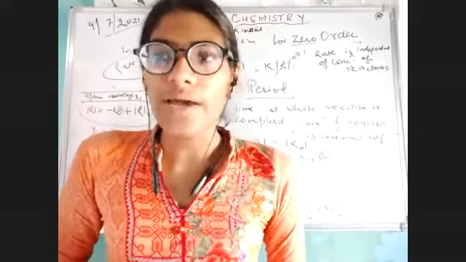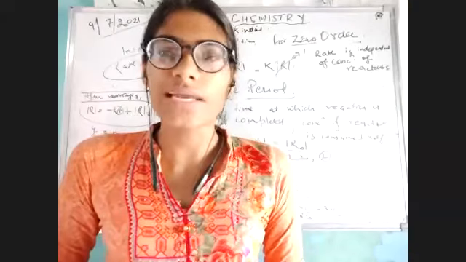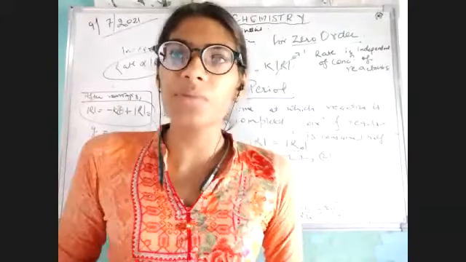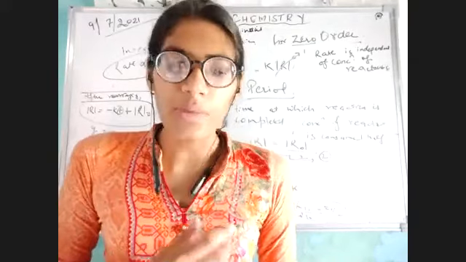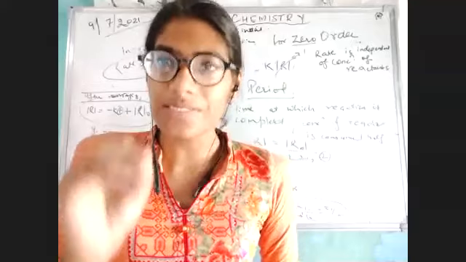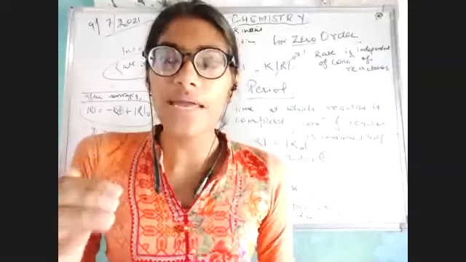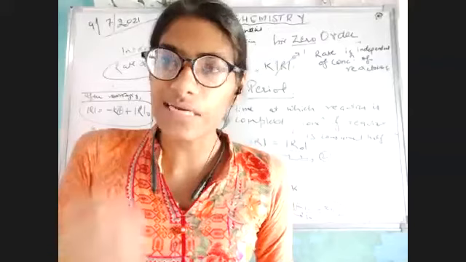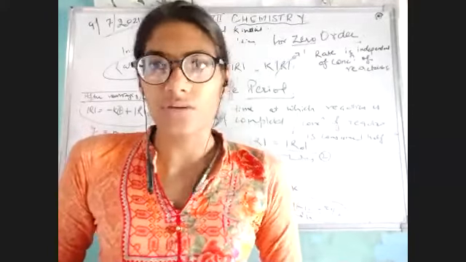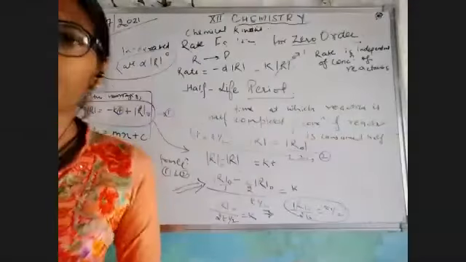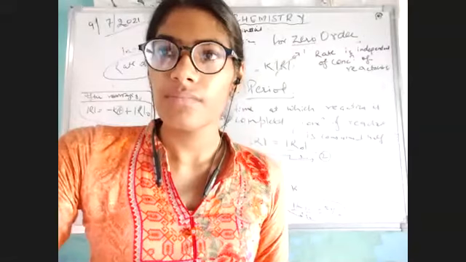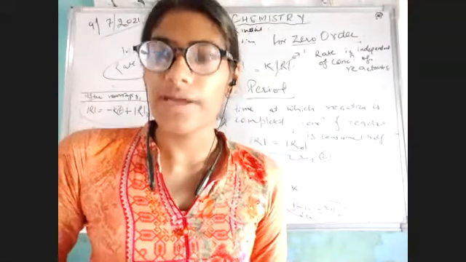When we studied in our first lecture the factors which affect the rate of reaction, we said that the reaction depends upon the concentration of the reactant. But specifically in zero order, even if I increase or decrease the concentration, there would be no change in the speed of the reaction. This suggests zero order. Am I clear with you now? Okay, ma'am. All right. Anyone else?